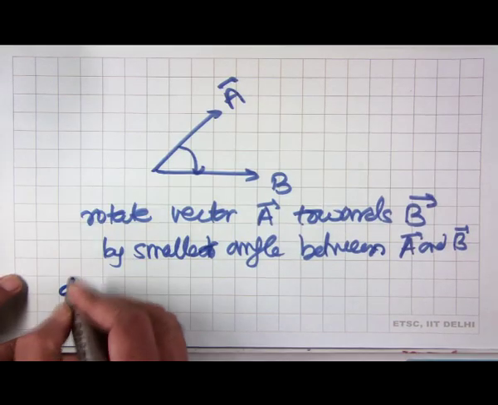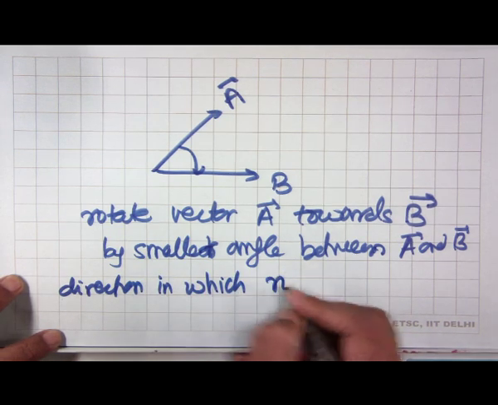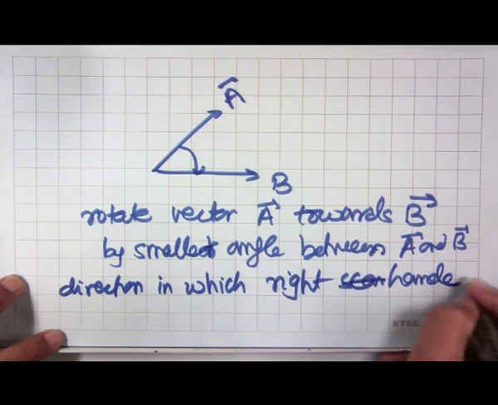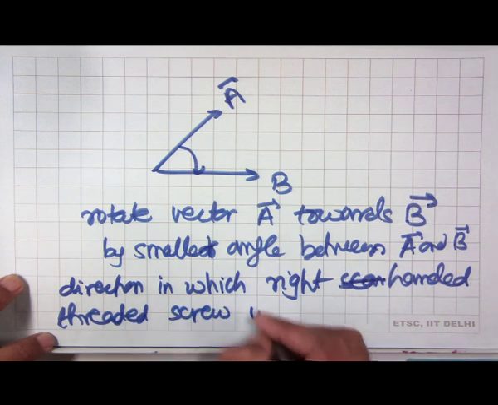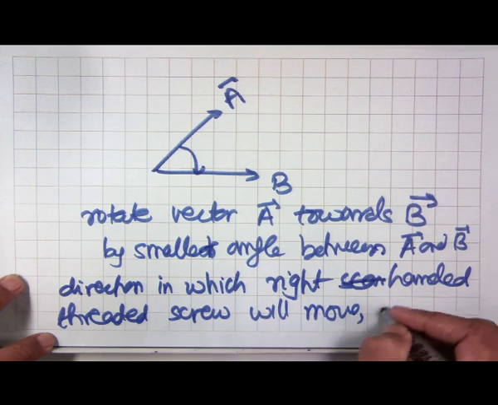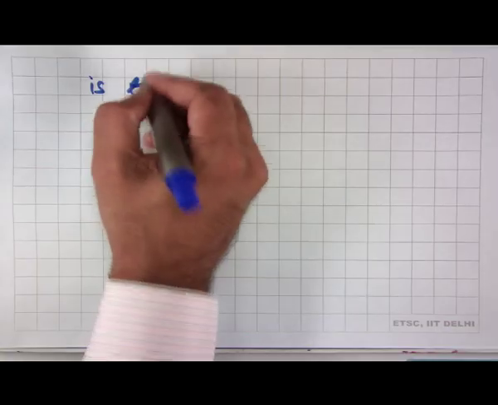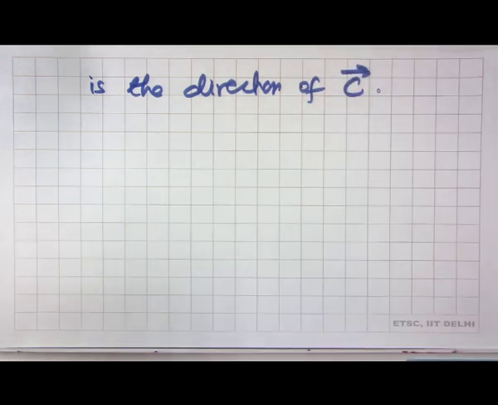So, we rotate A towards B, and the direction in which a right handed screw will move gives the direction of A cross B or C. Now, there is one more way in which we can look at this, and that is what we call the right hand